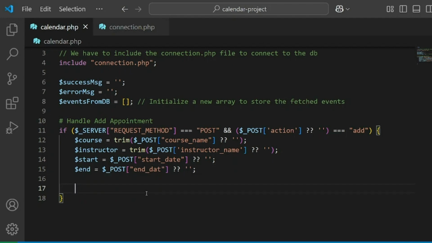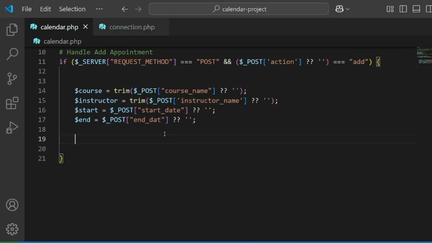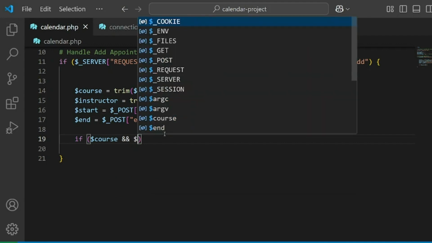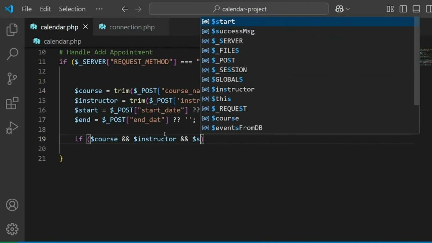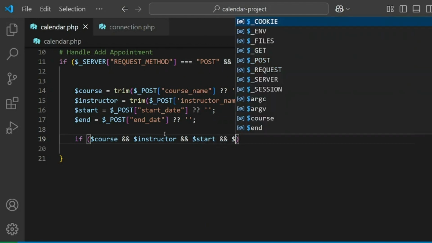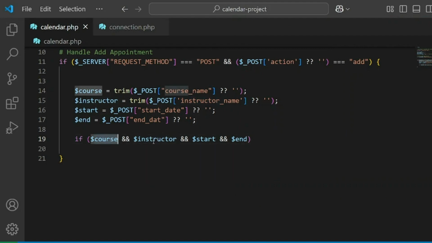After we have extracted these variables from the post variable, we can go and do an if condition: if the course and instructor and start, the variable start and the variable end. So if these variables exist, if we have gotten them correctly, then I will create